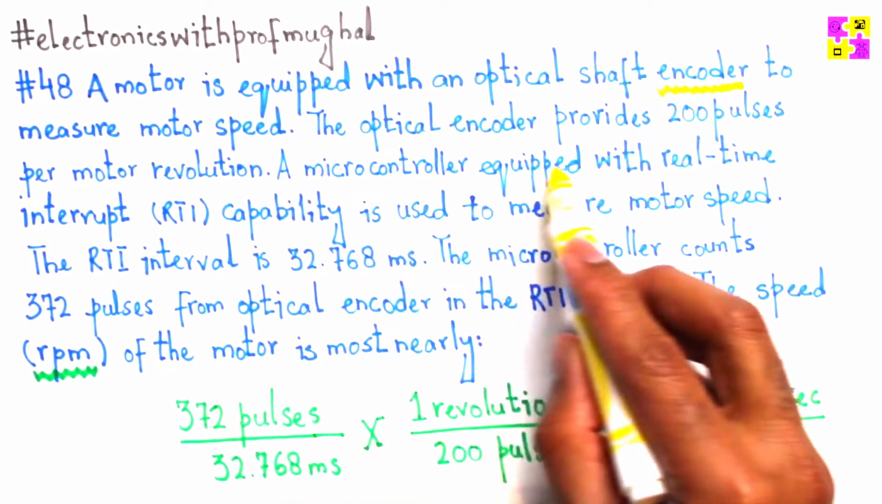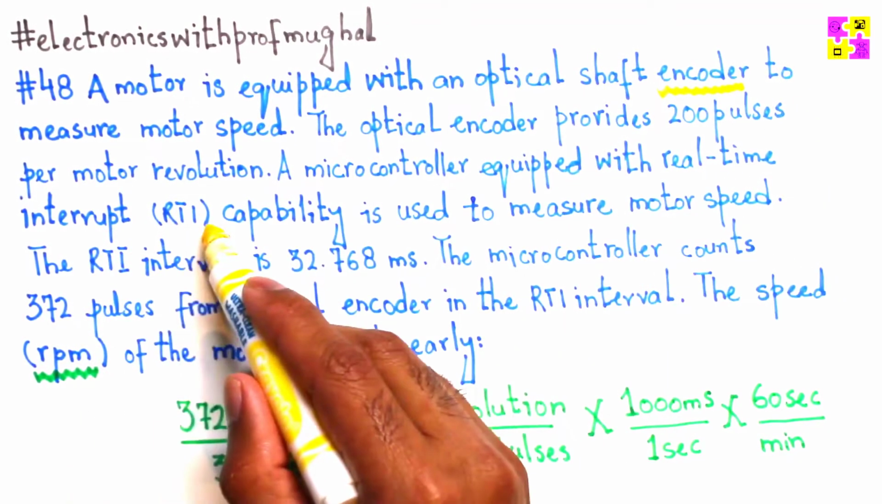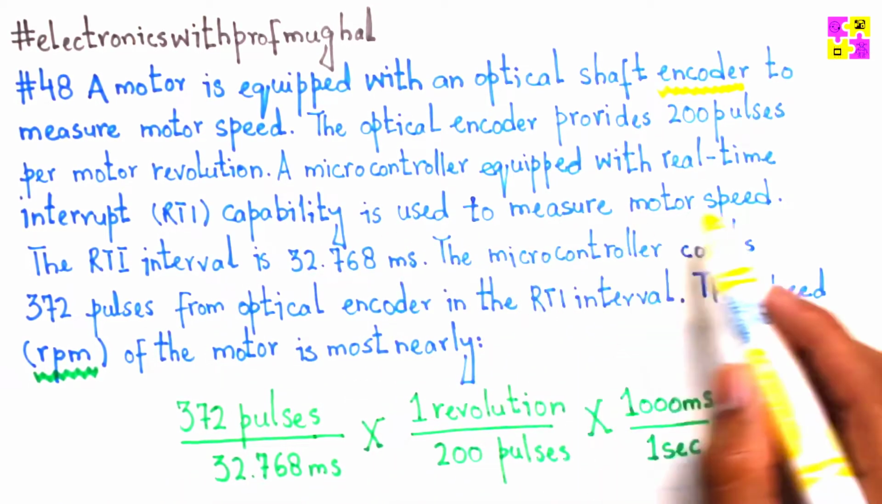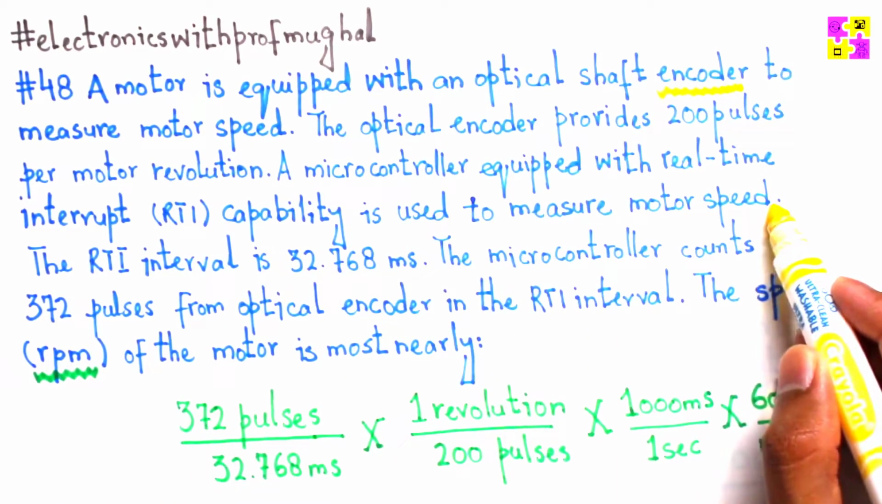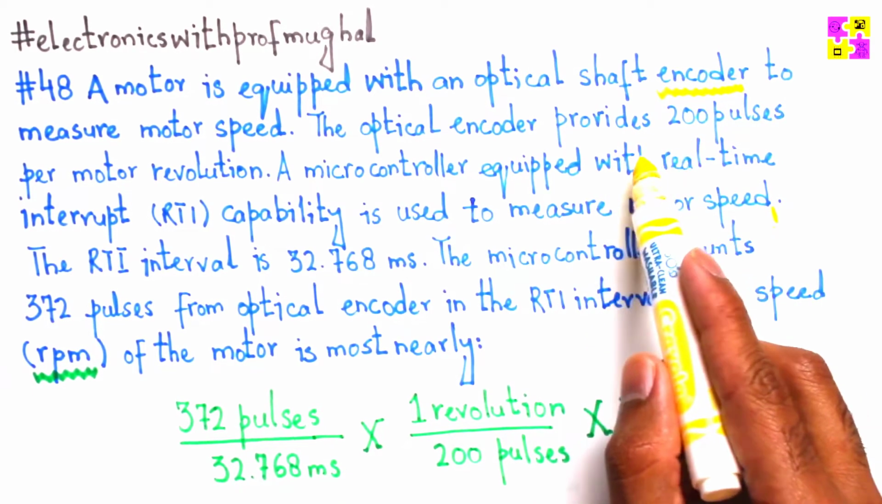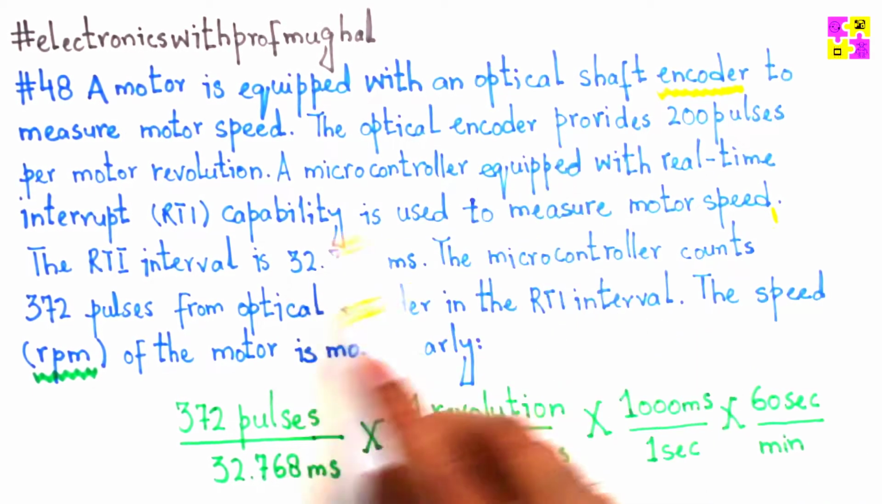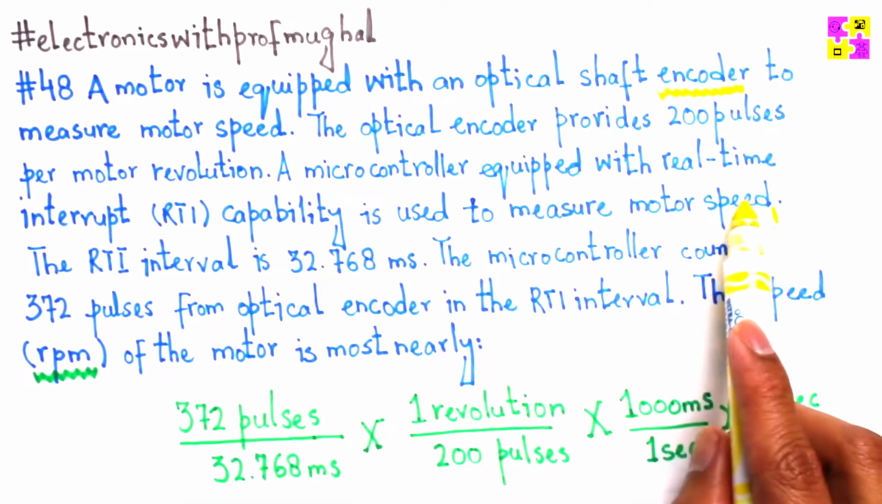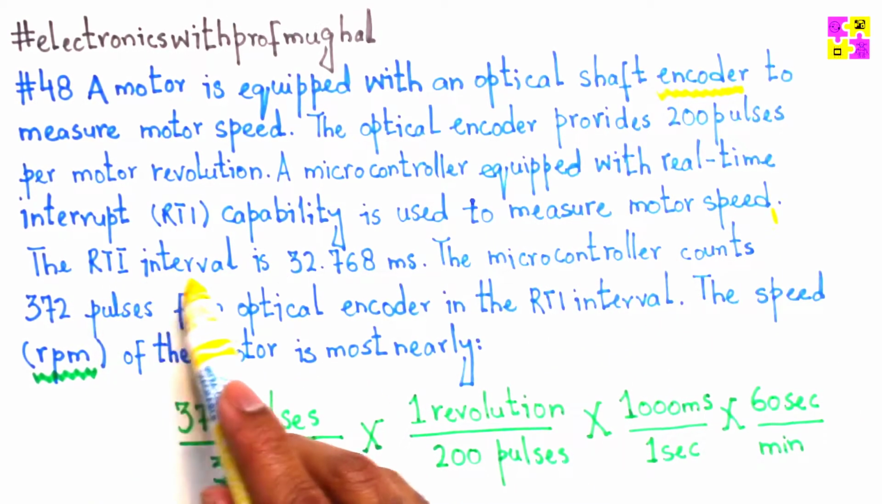So, a microcontroller equipped with a real-time interrupt capability is used to measure the motor's speed. Okay, so the data from the motor, which is equipped with an encoder, is fed into the microcontroller to measure the speed. The RTI interval is